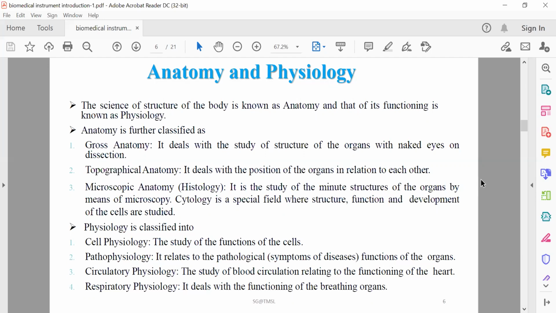Circulatory physiology is the study of blood circulation relating to the functioning of the heart. That is basically circulatory physiology. And respiratory physiology, according to this name, all of you can understand, deals with the functioning of the breathing organs. Okay,